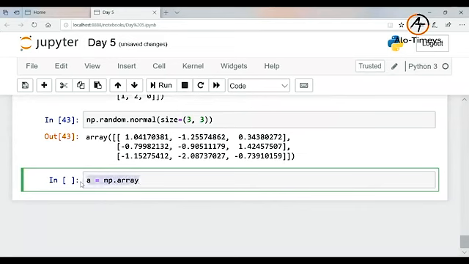Okay. Before that, let me talk about another method I didn't talk about, which is the reshape method. Okay. There are times when you want to change the shape of an array. For instance, let me create a simple NumPy array. So let me say np.random